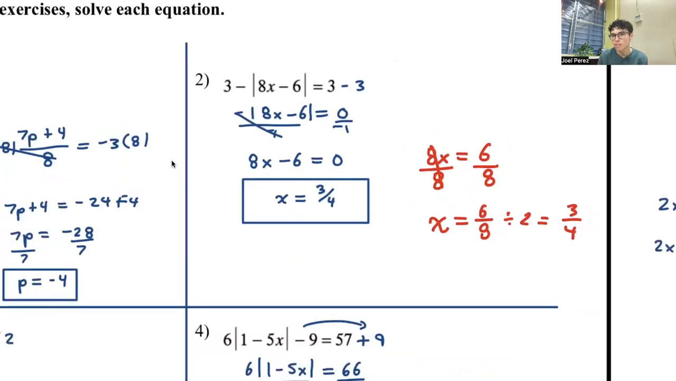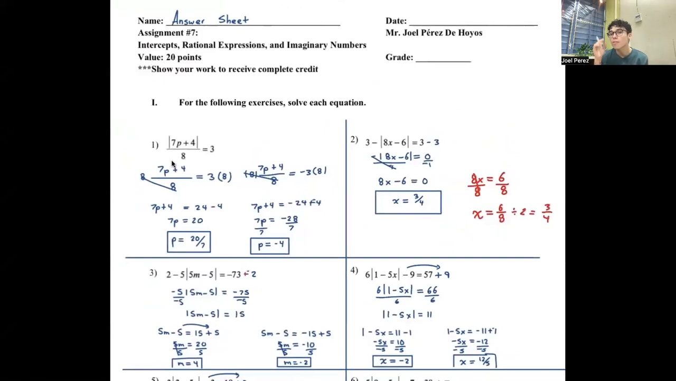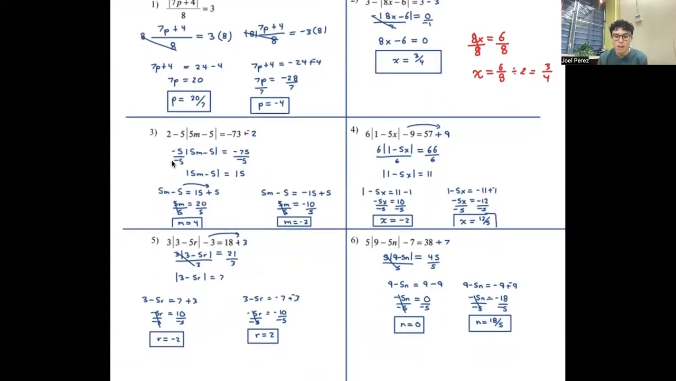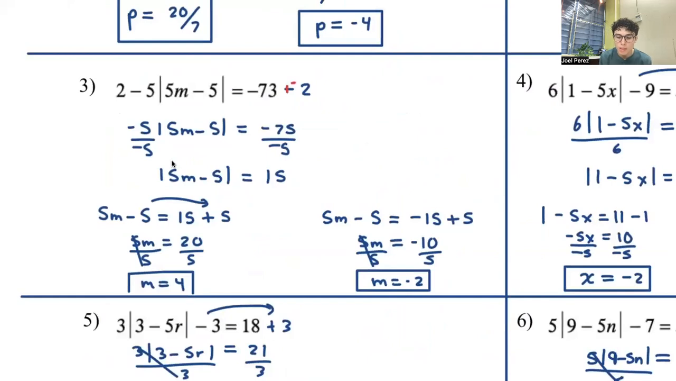That's the final answer. In this one, we don't have two values because it will give us only 3 over 4. In number 3, we do the same thing. We move the 2 to the right side. It will be -73 minus 2. There will be -75. Then you divide by -5 on both sides, and it will be 5m minus 5 equals